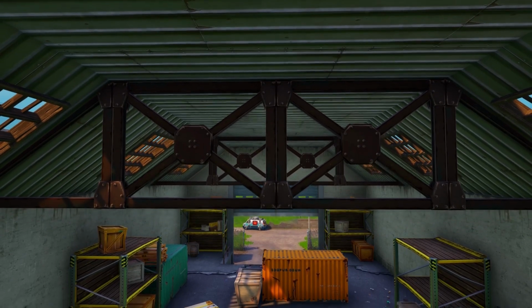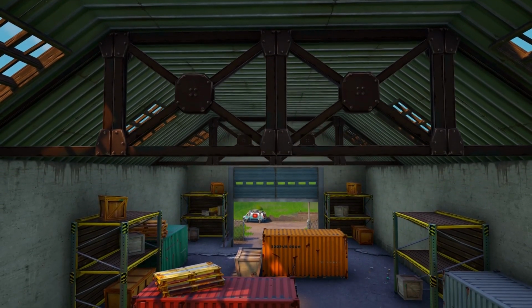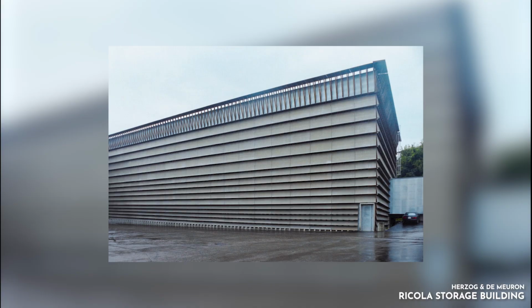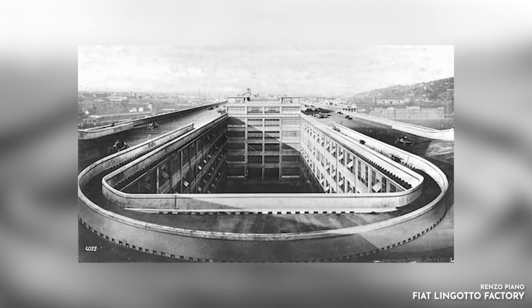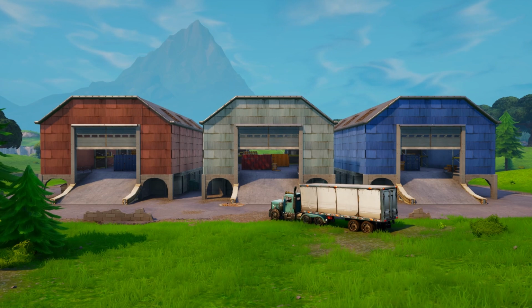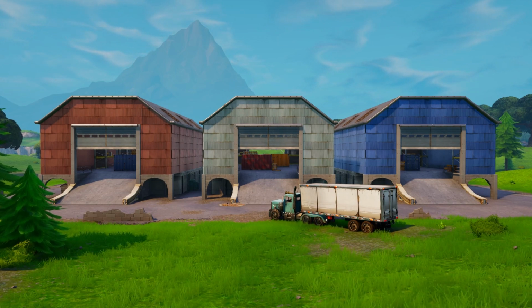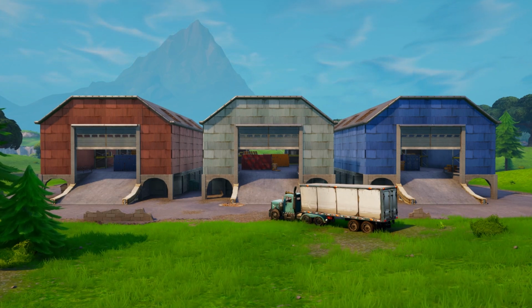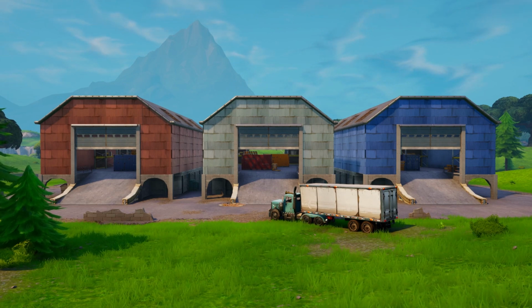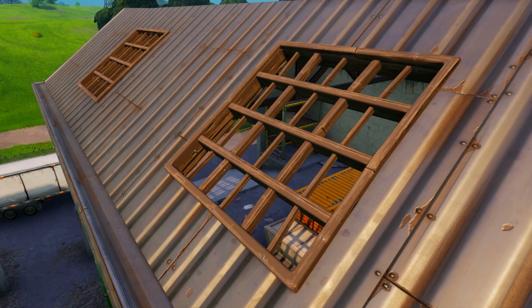It may not sound fair to criticize a location meant to function as industrial storage, but there are plenty of examples of creative and visually engaging industrial design. Unfortunately, Dusty Depot doesn't capitalize on this potential. The warehouses are identical and lack distinctive features, making the area feel monotonous. With no variation in form or detail, Dusty Depot doesn't showcase the kind of thoughtful design that could make it